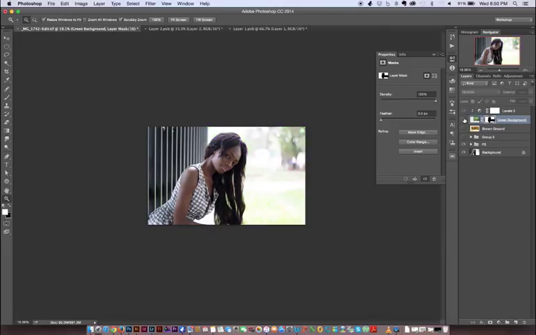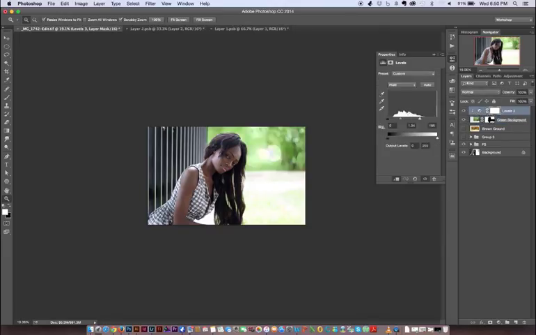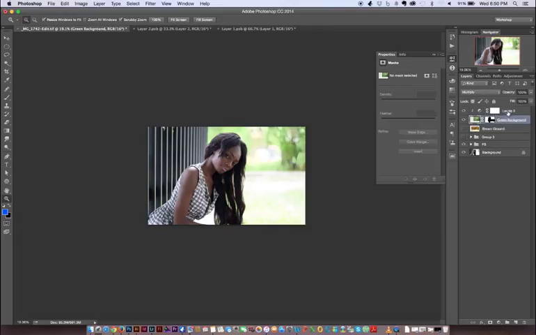And it still looks darker as compared to the original background. So I'm going to go back to my levels adjustment again. And I'm just going to brighten it up some more. And that just fills it in just a little bit. All right, so we can always come back and modify again if it doesn't look too good. So I'm going to group these two